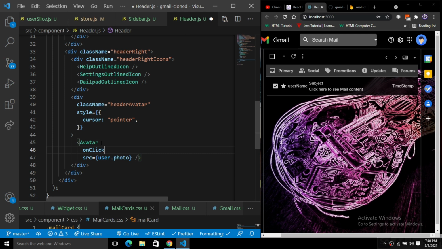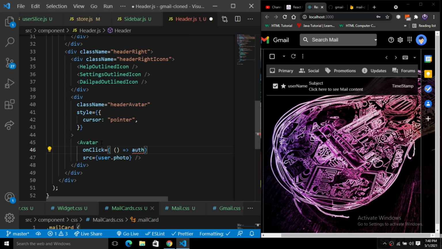On this avatar we will add onClick functionality, and inside of this we will pass auth.signOut.